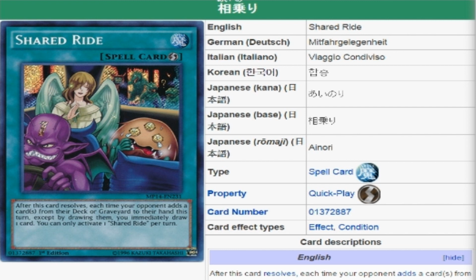So this allows you to draw into key cards that can help you counter them and make a big enough hand that, well, Trishulya can't hurt you. Now, if you're not running meta, and you're running something like Gores or Tragodia, you're going to be able to draw into them faster, or Battle Phaser, or Swift Scarecrow, or Jack Frost. You're going to be able to draw into those a hell of a lot faster with Shared Ride in this